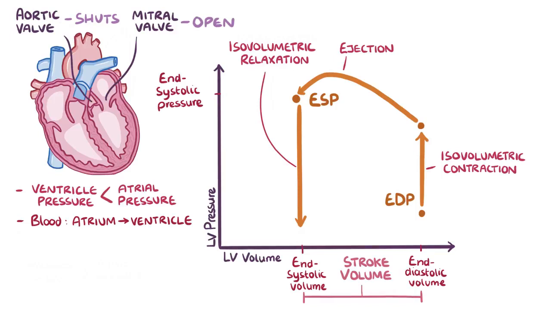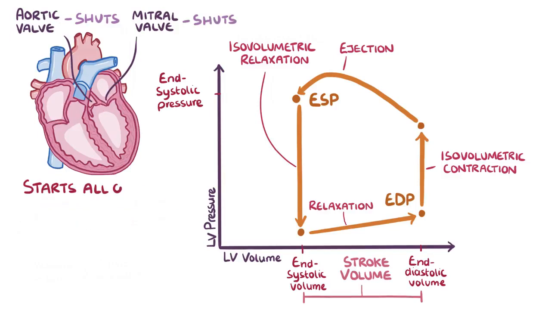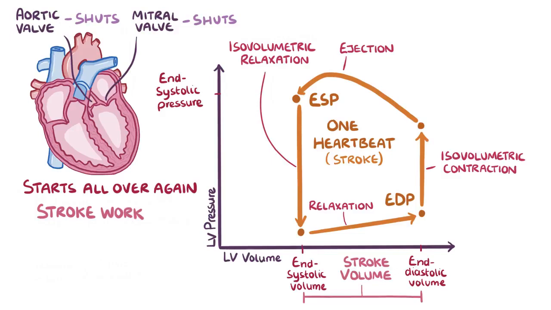As the ventricle fills up with blood, the volume rises back to what it was at the end diastolic point. But the pressure only increases a little bit. This relaxation phase goes on until the mitral valve shuts, and then the loop can start all over again. All of this happens during just one heartbeat. And with every heartbeat, or stroke, the heart is doing work, and that is called stroke work. And it's proportional to the area inside the loop. So in other words, the bigger the loop and the more area inside of it, the more stroke work